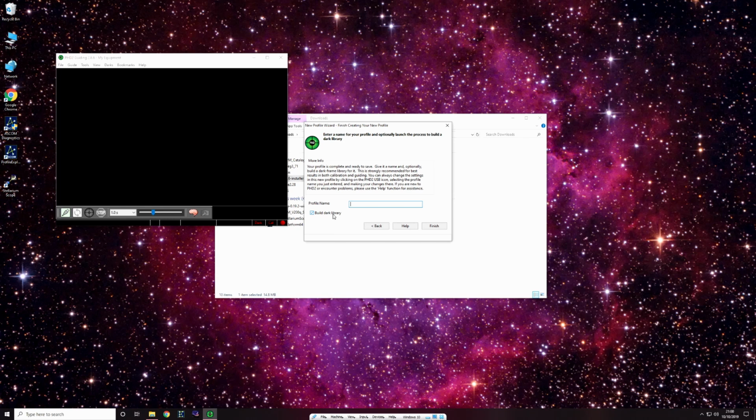If you have got to this point and you have a camera installed and were able to select it, you can at this point go through the process of ticking the build dark library. You will need to make sure that your scope and camera are covered so as not to allow any kind of light leaks, and go through the process as it gives you step by step. Once we hit finish,